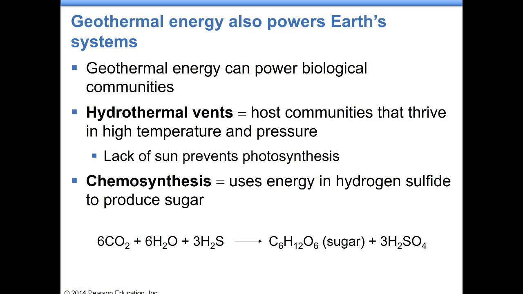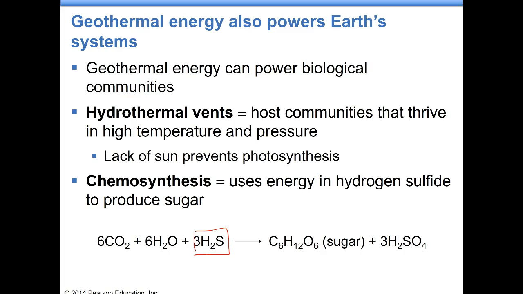So there are hydrothermal vents that we saw in the picture, and they host communities that thrive in high temperatures and pressure. And these are areas that lack sun, so photosynthesis cannot happen. So instead, the process that goes on is chemosynthesis. And it's the same type of reaction as photosynthesis would be, but because there's no sunlight, then we're going to use hydrogen sulfide in the equation in order